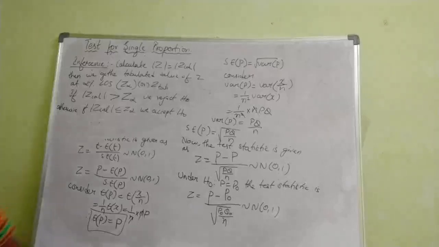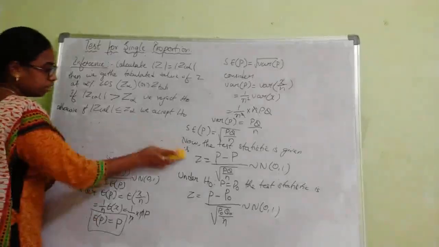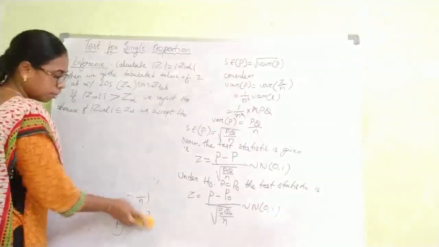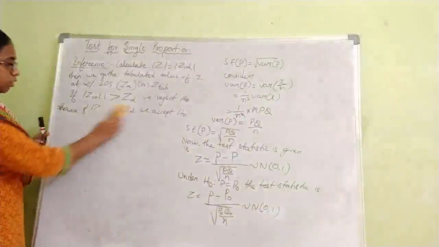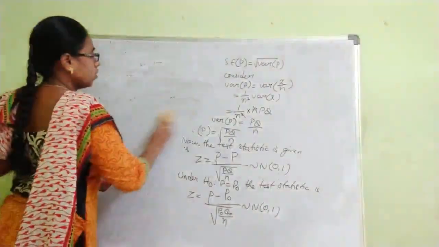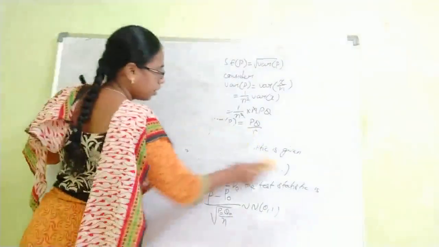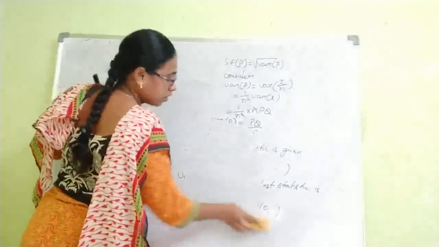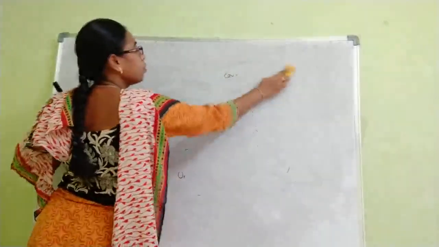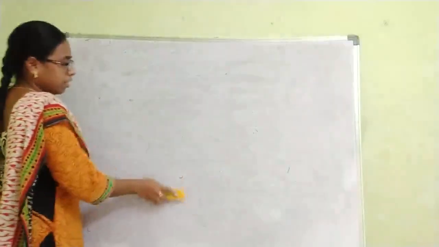So copy the notes properly. If you write one procedure, all the procedures will be similar. So write down carefully all the notes. If you understand single proportion, obviously double proportion will be easy. If I say it theoretically, you may feel it is a little difficult. Now if we do a problem, you will get an idea.